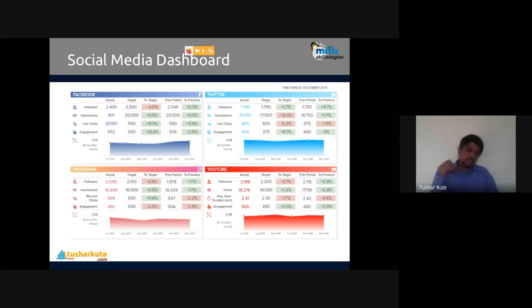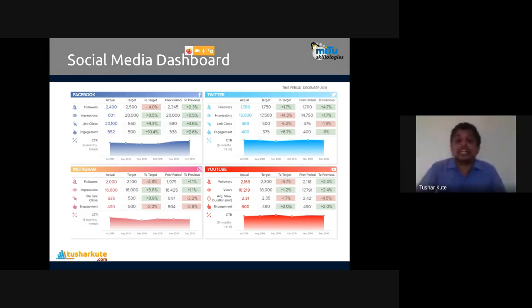So every social media platform provides these tactics in this way: the number of followers that we have gained, the number of impressions per post that we have achieved, and the number of link clicks if you have posted something, meaning how many times users or people have clicked on that particular link, so they get redirected to my company or to the particular thing which is posted over there. That's all analytics we can see in the social media dashboard.